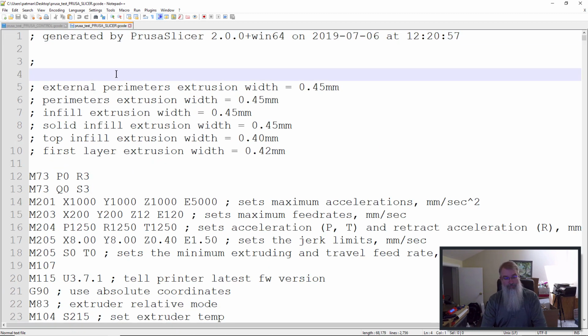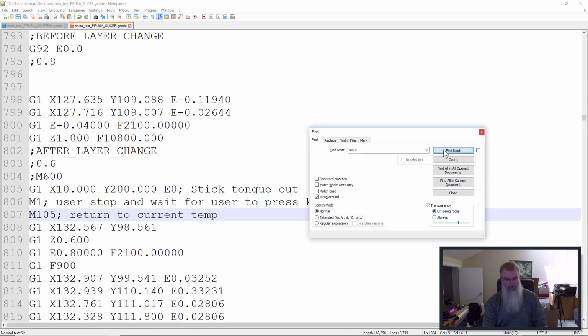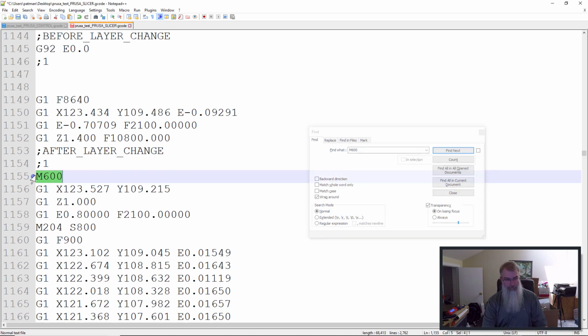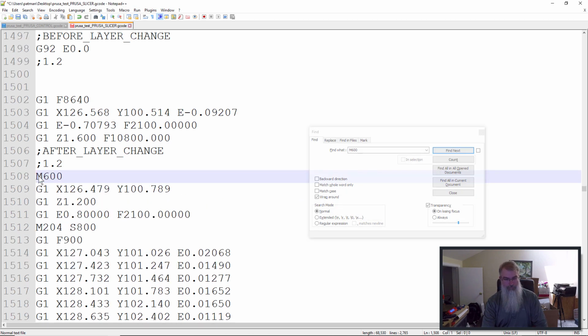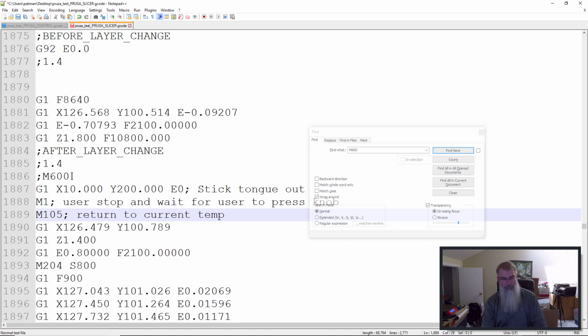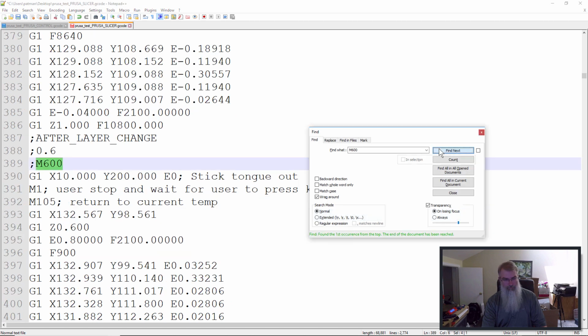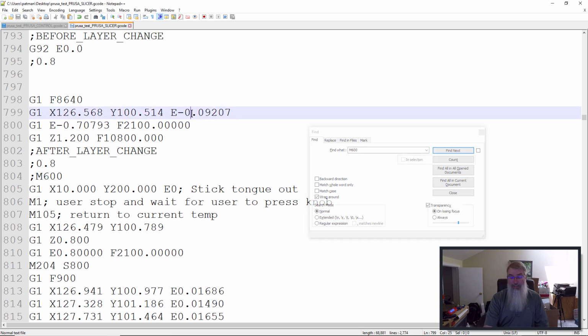Now the Prusa slicer version is going to be the same thing. I'll go search for an M600. I'll comment it out and paste the same exact code. Nothing different. Okay, so I did a double check on that. It all looks good. Code's in there. Okay, so that's saved. So now that we're good to go, let me go download it to my flash card